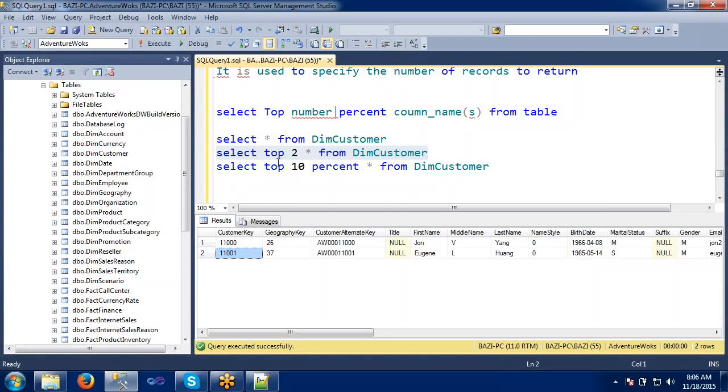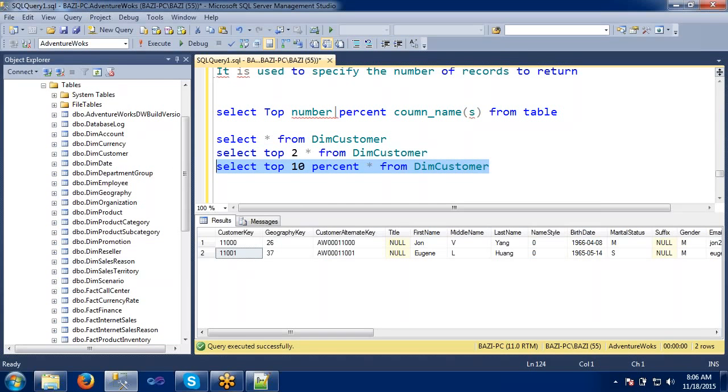Why? Because we have just selected the top percentages directly, right? So we can apply conditions here also. Select the top records from the customer where condition, generally you know how to apply. So this is how the top number or top percentage works. Let's see the top percentage now.